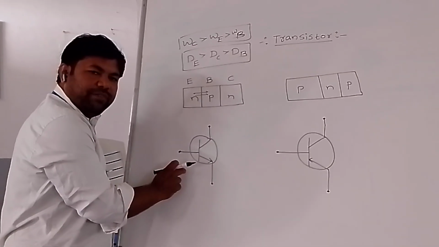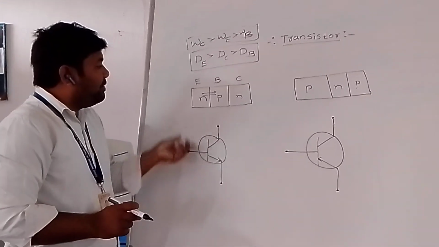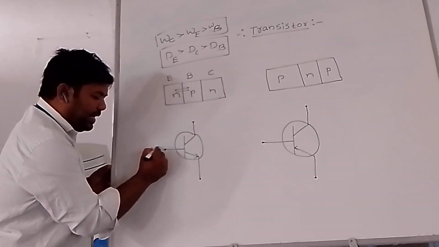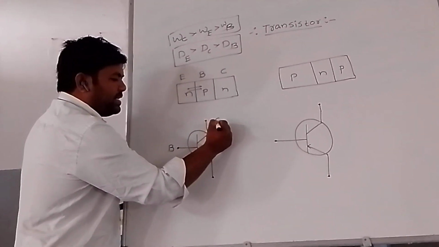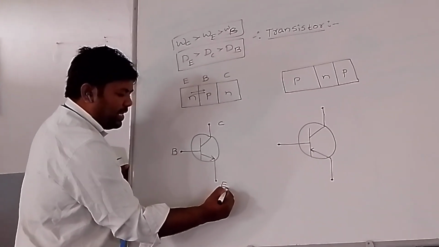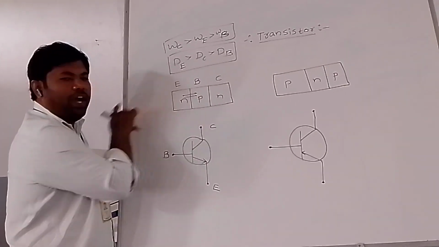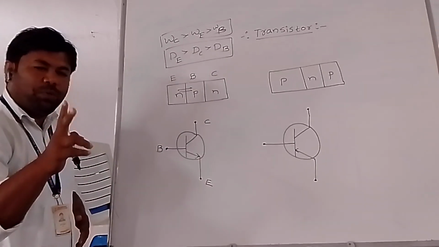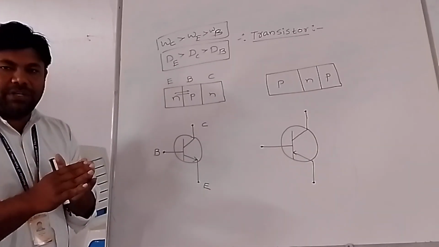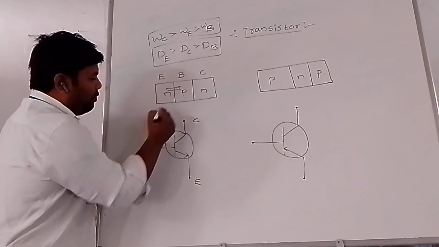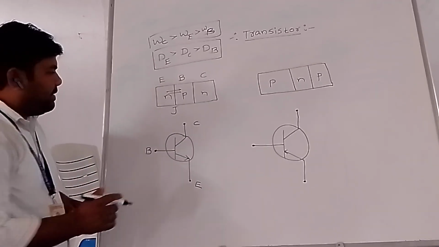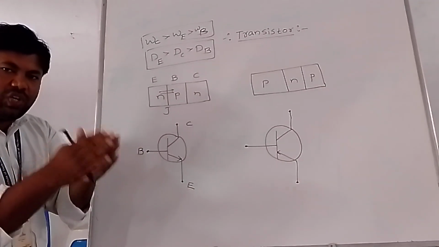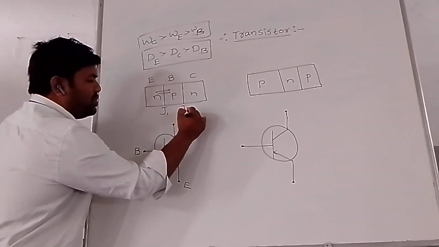Okay, now this is the symbol of the NPN transistor and this is the symbol of the PNP transistor. In this, this terminal we can call a base, this terminal a collector and this a emitter. If two materials are joined, two materials meaning P, one side is P, another side is N. These two materials joined, we call it one junction. Similarly, another is also P and N, another P material, another N material. These two materials joining, we call it another junction.